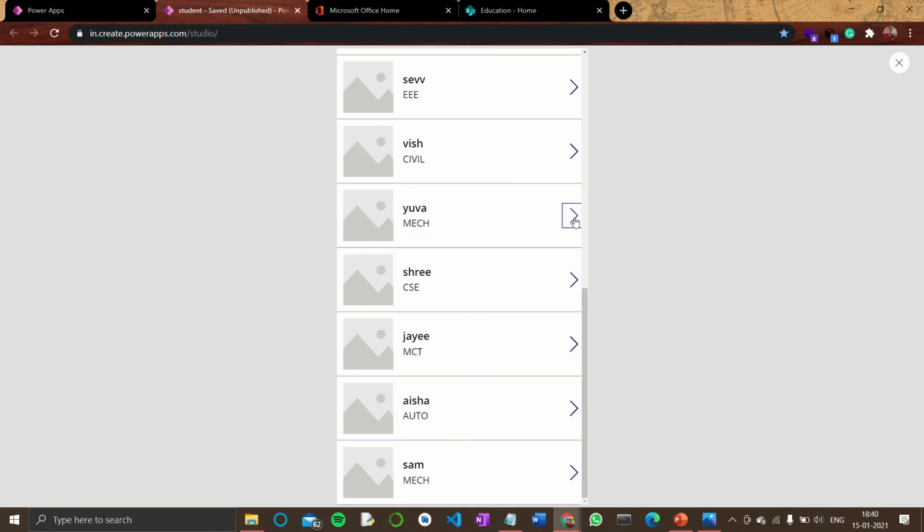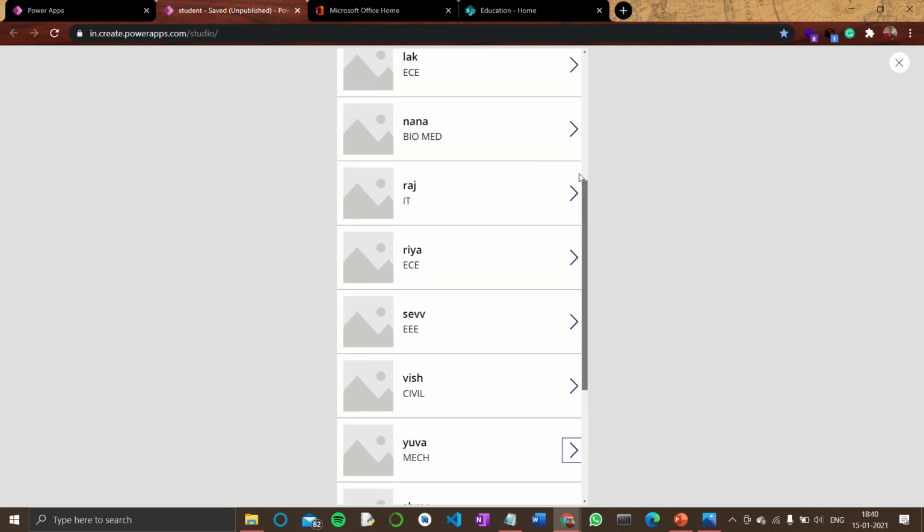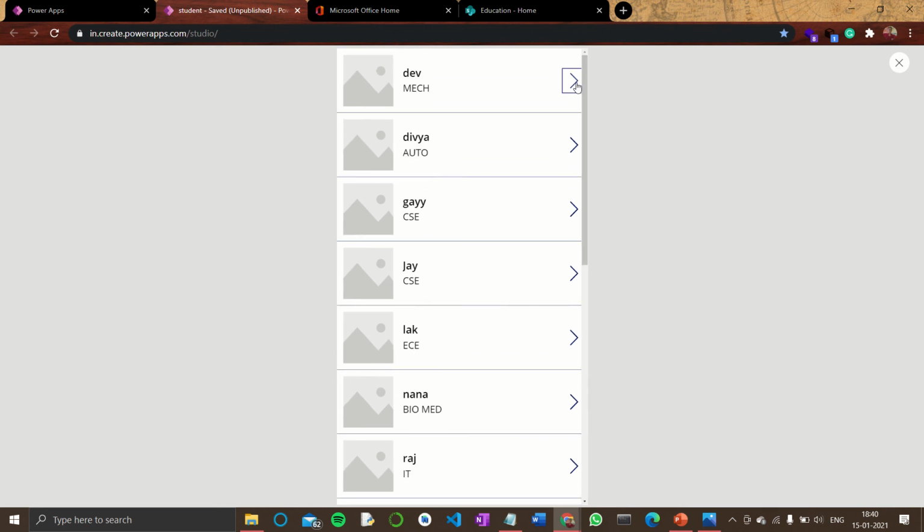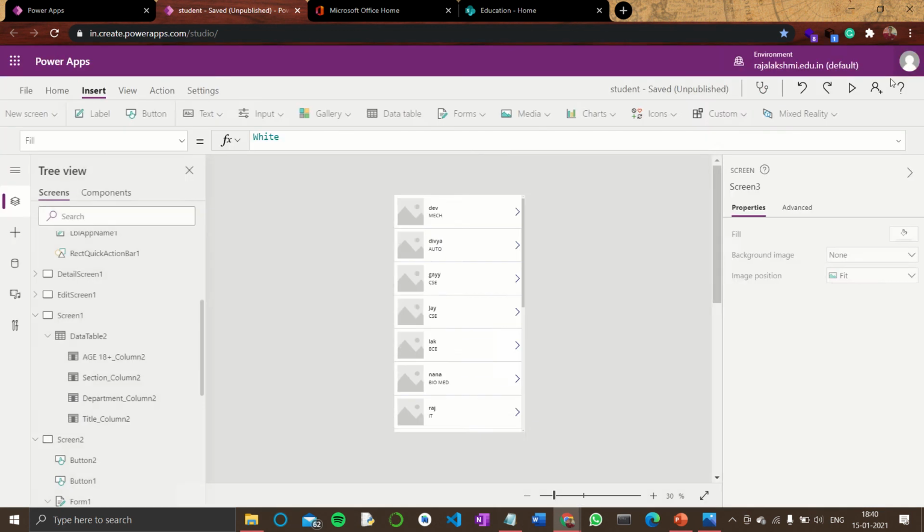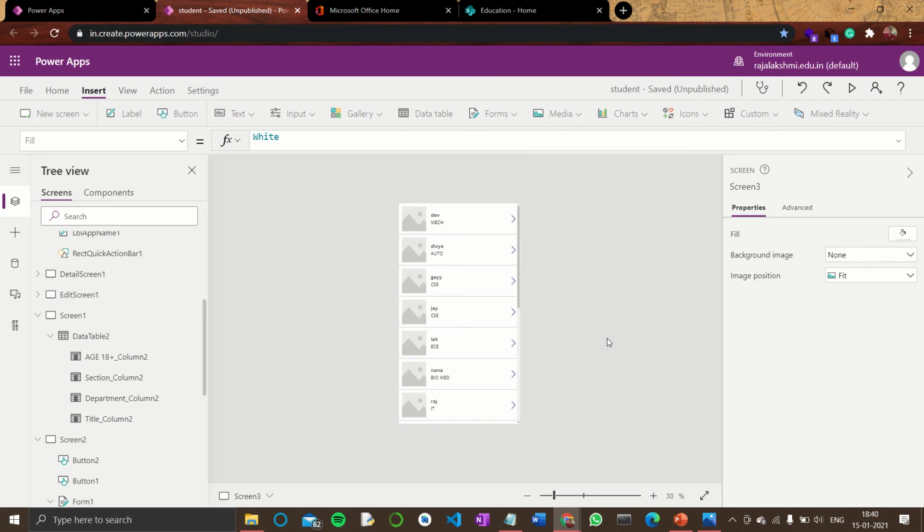Here you can also click on one particular record. It may not go, because it is in the form. So this is the difference between your list and your form. I think you're clear with creating a form and creating a list, linking it with the form, and giving user entries through an application.